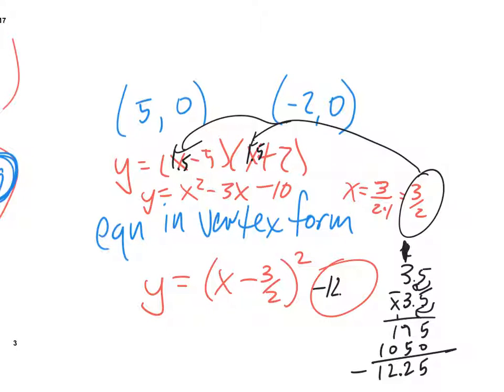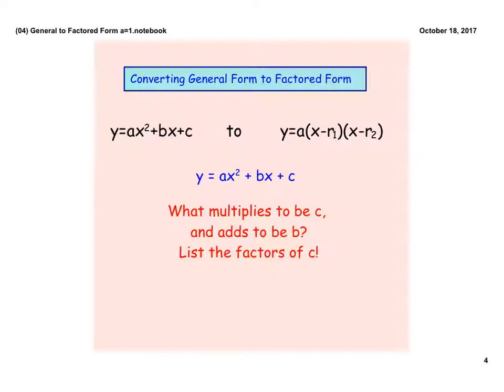Negative 12.25. That was as hard as they could be on the test. This genre of problem, that's pretty much it. All right. You can always practice that again before you take the test, but let's take a look at some